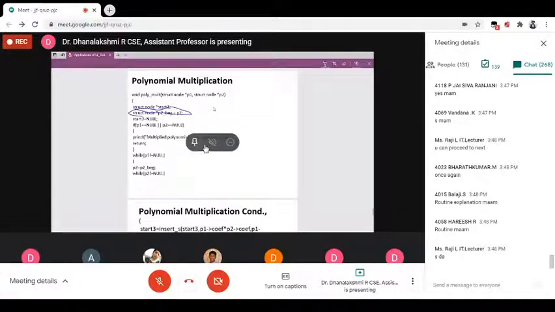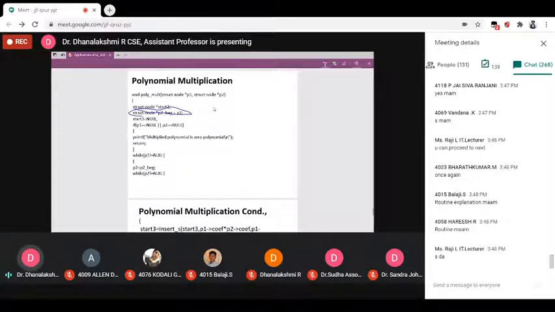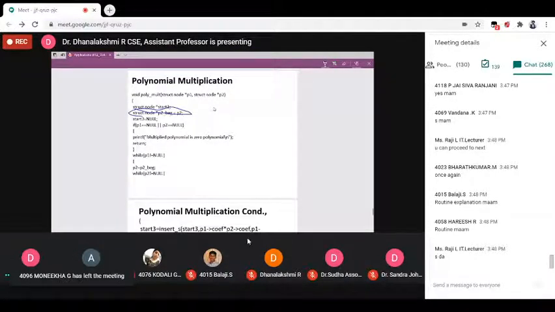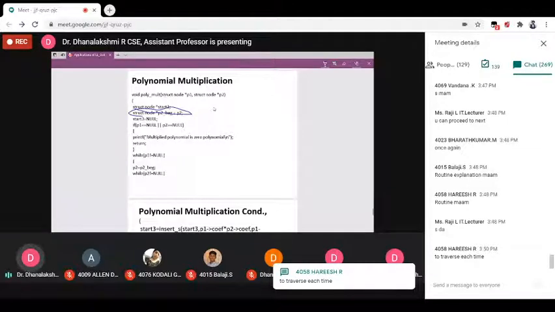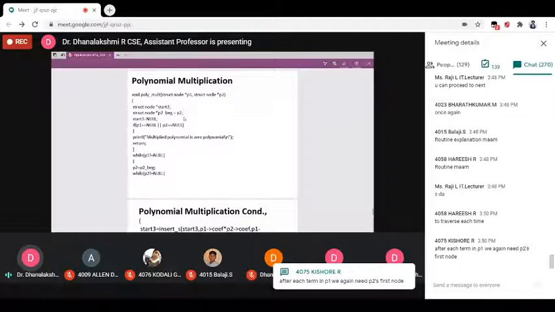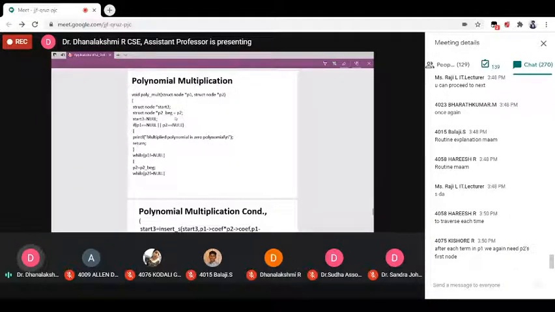Why am I using this statement here? Why am I initializing the P2 starting address to one temporary pointer variable? What is the necessity of this?